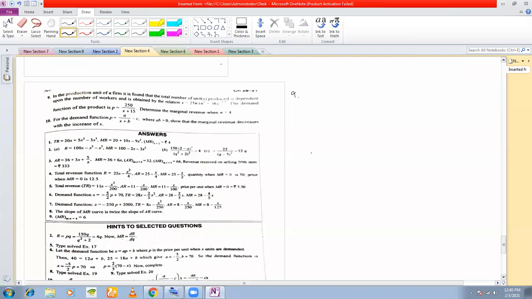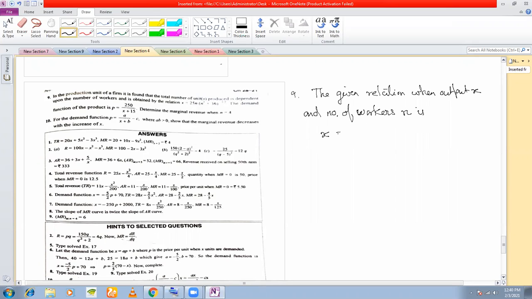So number 9, the question states: in the production of a firm, it is found that the total number of units produced is dependent on the number of workers, and is obtained by the relation. So the given relation between output x and the number of workers n is